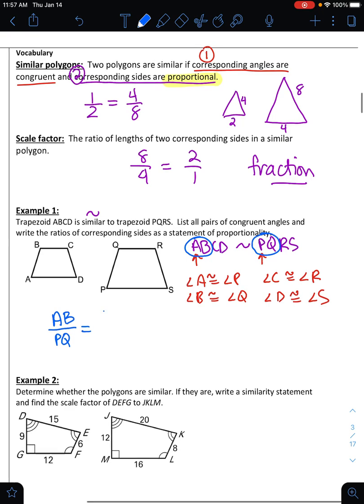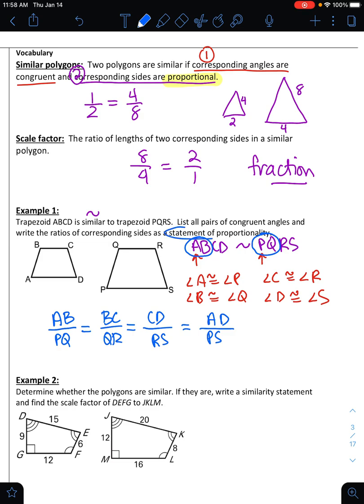So going back to the name, I'm going to then say BC in a ratio with QR. That's equal to a third set of corresponding sides, CD over RS. And finally, I'm going to take the first and last letters of the names, AD over PS. Okay, so my statement of proportionality